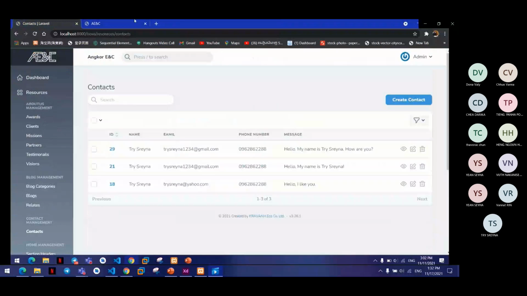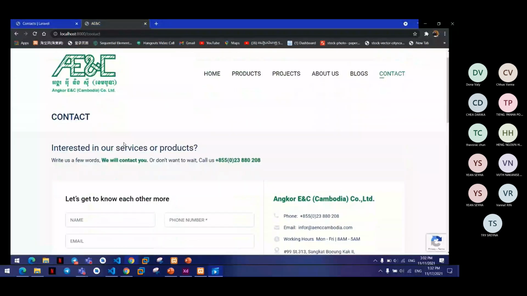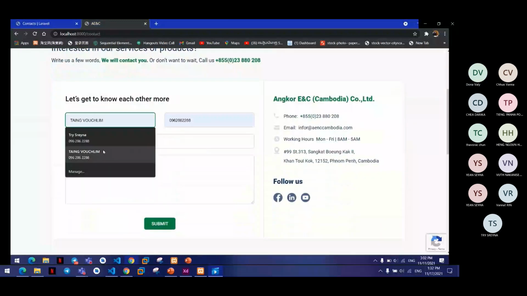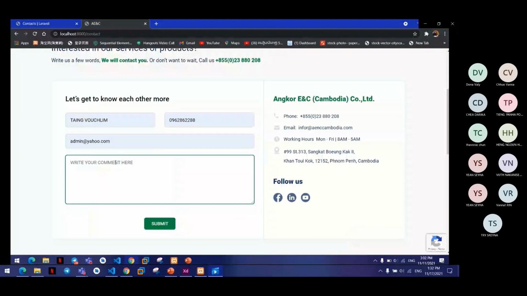Okay. And now let me go to contact. For contact, I have already validated. We can go to contact season in our website, and also we can fill in the form down with link, or we can email admin Yahoo and OpenAI message hello and put link. Yes. So we can submit it.